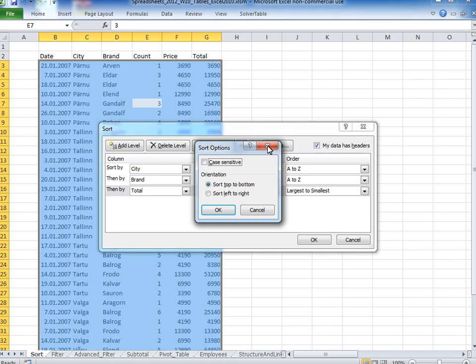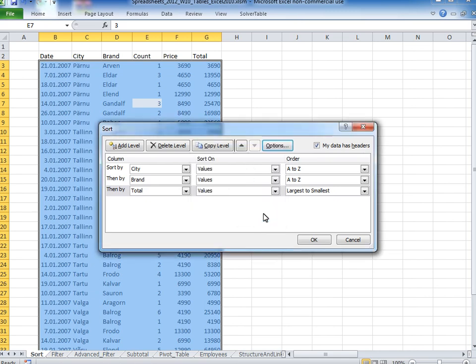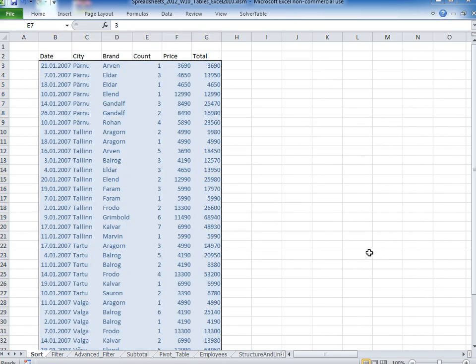Furthermore, there is an option of sorting things from left to right. This is something that comes up really infrequently, but sometimes it does. So if we want to sort the data from left to right, we should have the table flowing from left to right as well. So what we do now is we select the table,